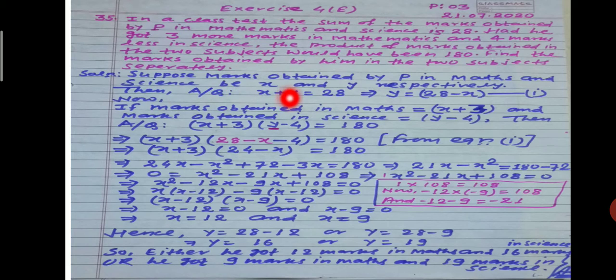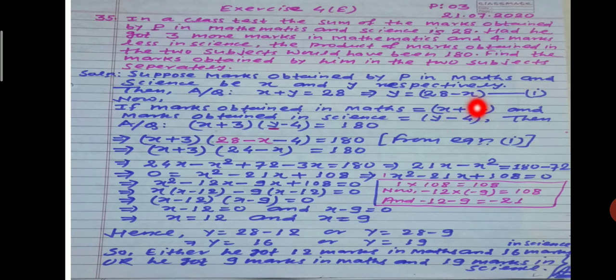Then according to the question, the sum of marks obtained in maths and science is equal to 28. So x plus y will be equal to 28, and from this we have found the value of y, which is equal to 28, and x transferred to RHS will be minus x. Let us consider it as equation first. Now if marks obtained in maths will be 3 more, that is x plus 3, and marks obtained in science will be y minus 4, 4 less marks, that is y minus 4,